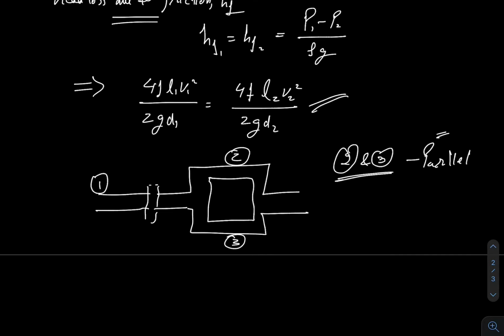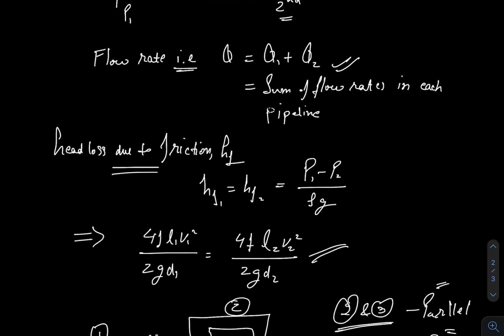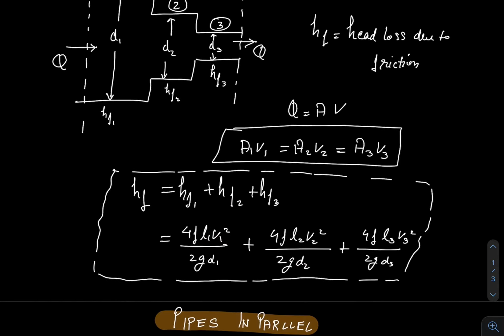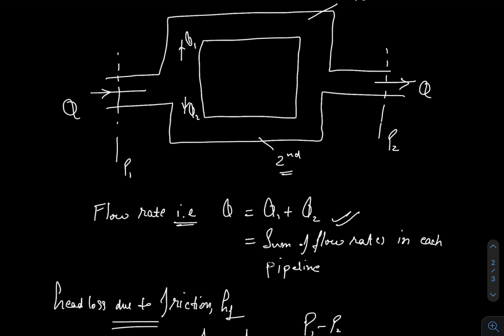So you will apply the respective formulas. We have seen how to calculate for parallel. After you calculate the head loss because of both pipelines 2 and 3, you will consider 1 and 2 comma 3 in combined form. These are connected in series. So no matter how complex the structure is, you can easily calculate the total head loss or the flow rate. You know the formulas, you know how to calculate for pipelines in series, and you know how to calculate for pipelines in parallel.